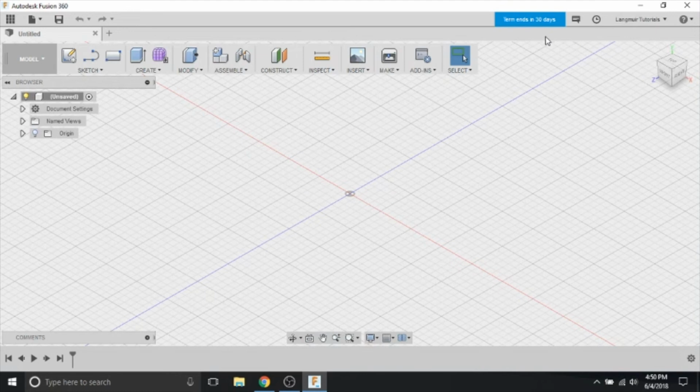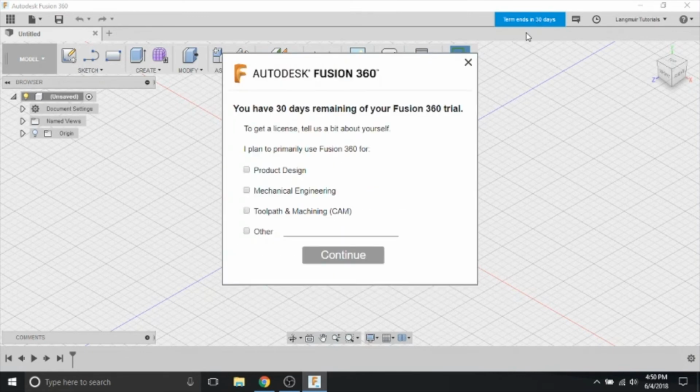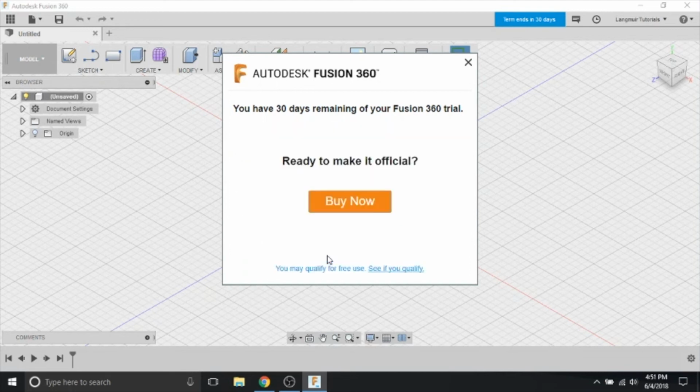Next, we'll take a look at activating your license for Fusion 360. So click on the blue bar with the trial term on it, and you're presented with a little survey of how you'll use Fusion 360. Fill out the question, and then you'll be presented with a buy button, which you'll have to use if you're